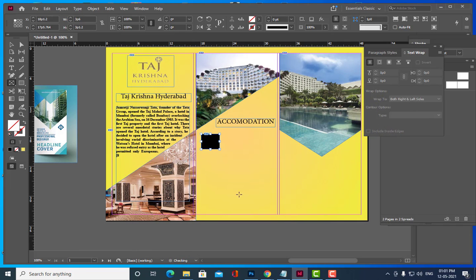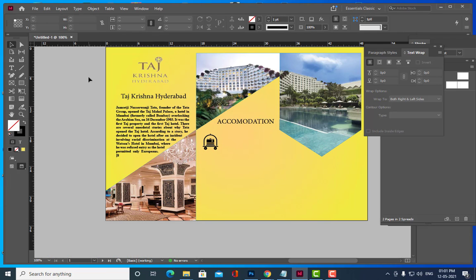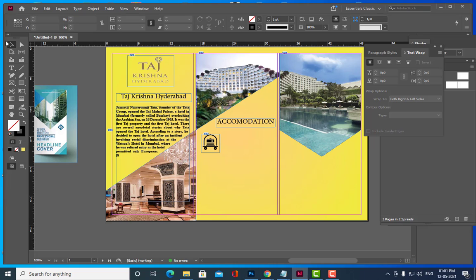So see, I have placed this, and you can use this free transform tool to scale it down.